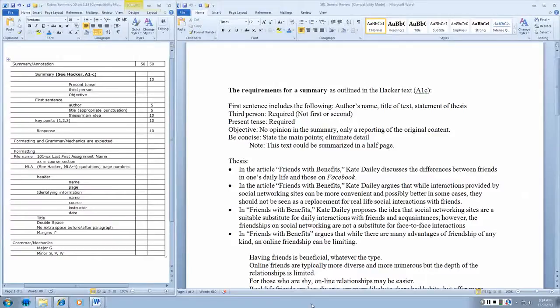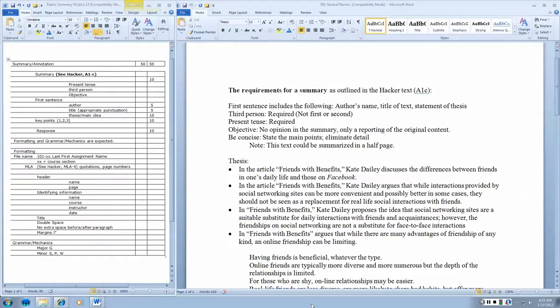Also required is third person. It is an academic assignment. Third person is the appropriate person, that is he or she referring to the author. A third person is the person we talk about, as opposed to first person, the person speaking, certainly not you, which is not acceptable in academic writing. If you look back to the sentence grammar vocabulary, you see that second person is not acceptable in academic writing. Present tense is required. Overall, that was not too much of a problem.